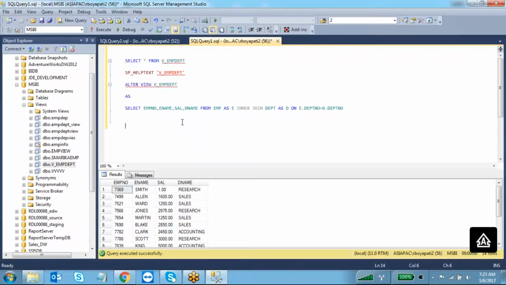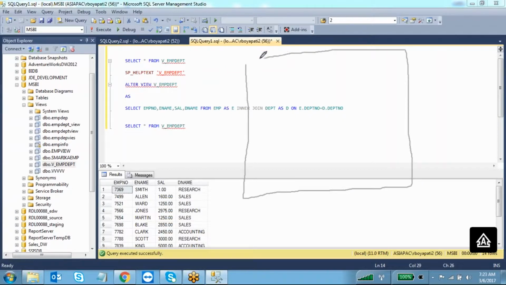So now we are selecting from this view, select star from the view. It is acting like a table only. So what exactly is the structure? In your MSBI database, you have the EMP table and the department table.